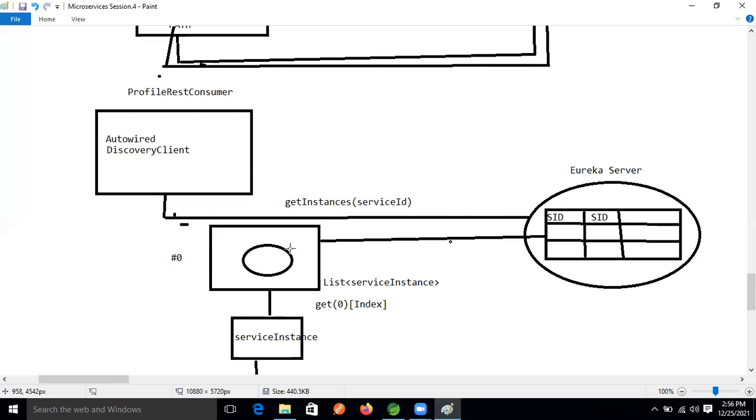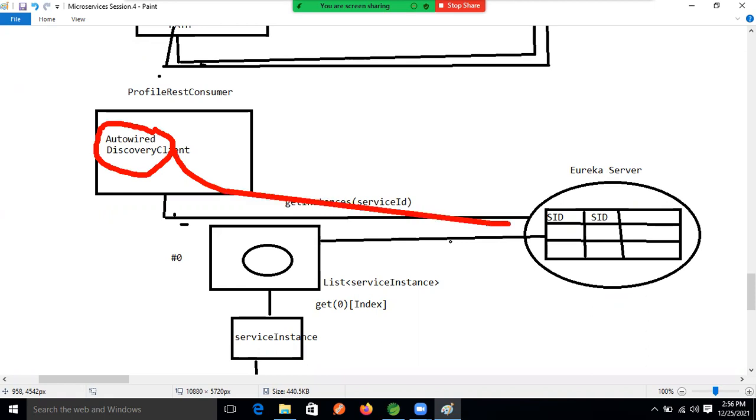The discovery client is just making the request to the Eureka server, that's it. Clear? Now I got the difference between discovery client and REST template.